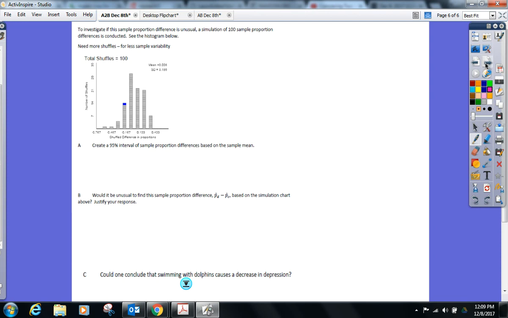We're going to totally reshuffle the deck, do a bunch of random experiments, 100 or more, and see where our observed difference falls. If it falls within, it was because of random chance. The treatment does not work. If it's way outside, like our Dolphin one is right now, we're going to say, okay, it's not by random chance, so the treatment must have worked. Questions?